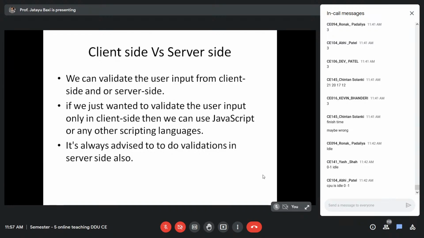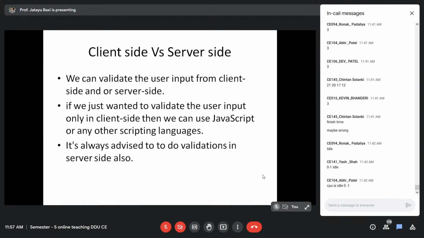And the meaning of server side validation is that the client doesn't do anything. Whatever data the user has given will be sent to the server, and then the server will do the validation, and it will give the validation errors back to the client if any errors are found.